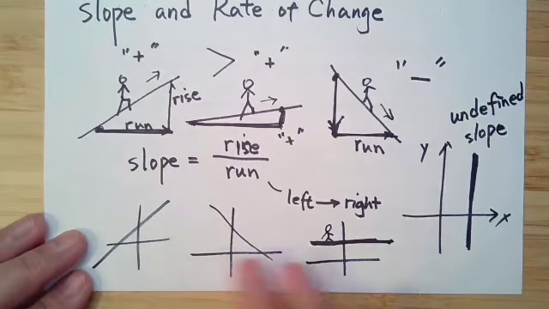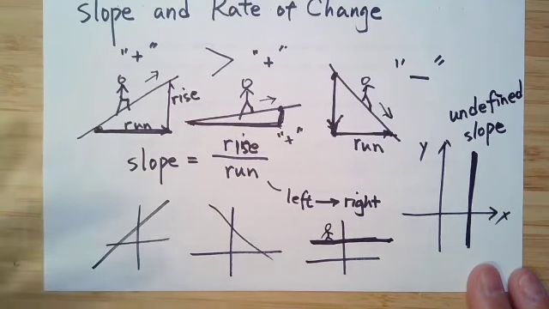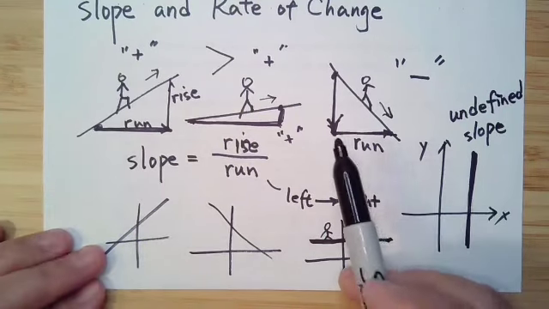So that's all the different situations of the slope and the rate of change, right? Because once we know the rate of change, it's a slope, same thing. All right, now once we know this,